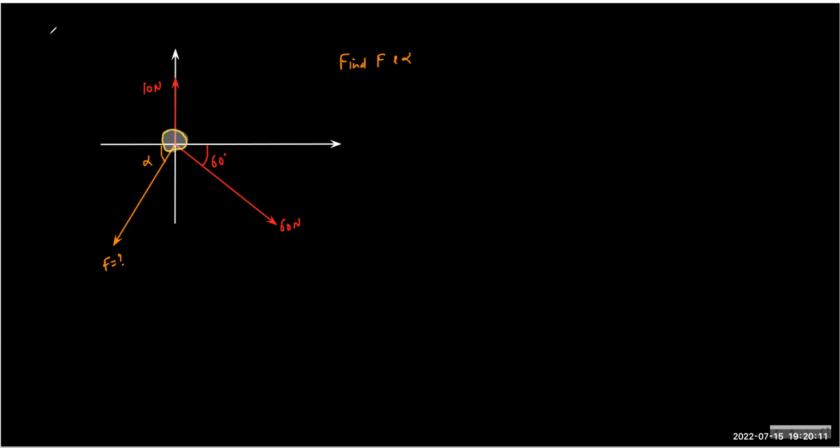But it is given that the body is at equilibrium. So given that the body is at rest,